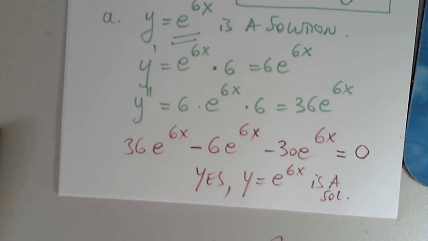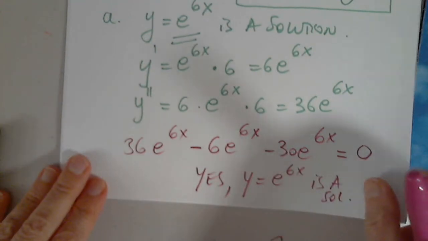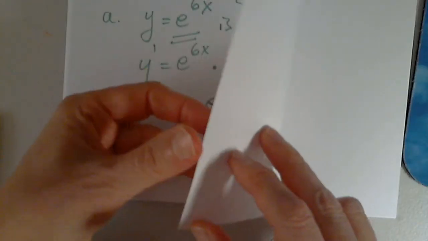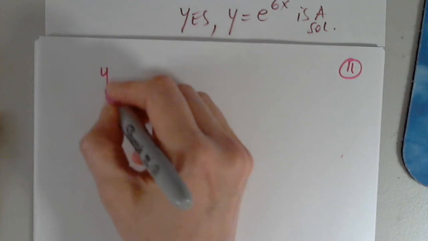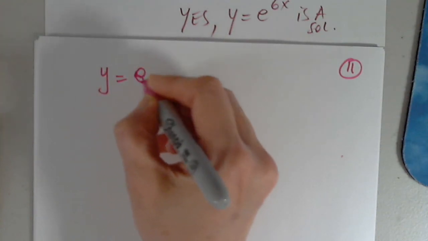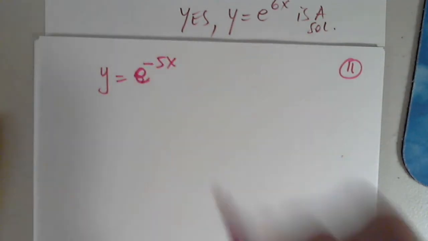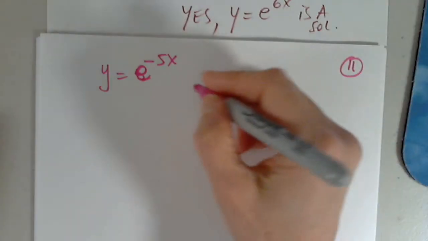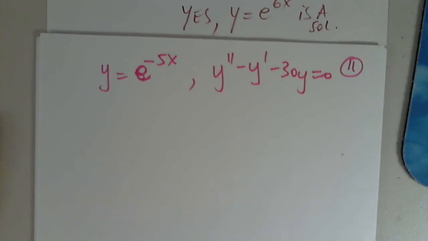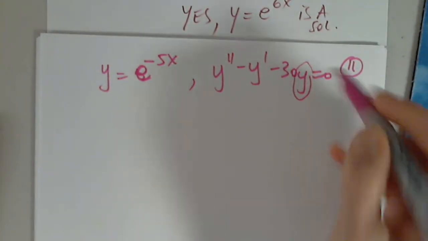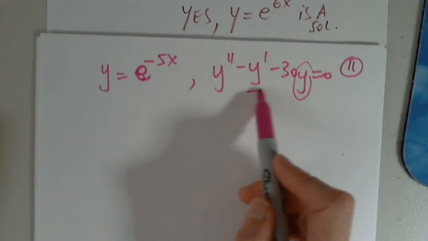In part B, they're giving us another one. And we're told, show that this one is also a solution. Fine, no problem. Same idea. We're given that y equals e to negative 5x. They're telling us that even this one is a solution to the same differential equation. Show. Fine. I have this piece, which is e to negative 5x, but I have to determine the first and